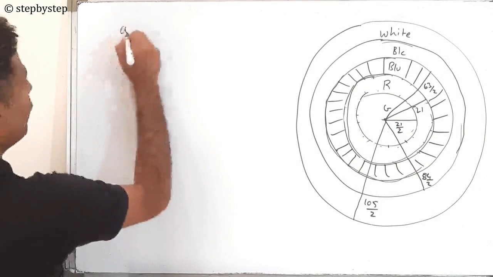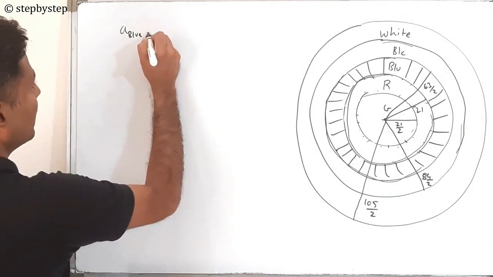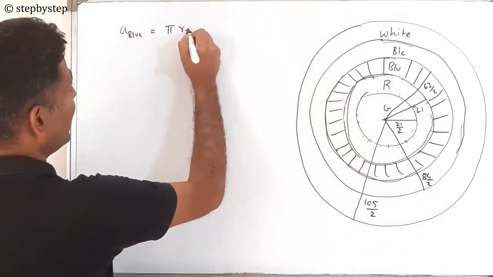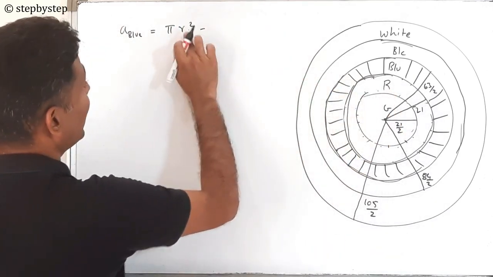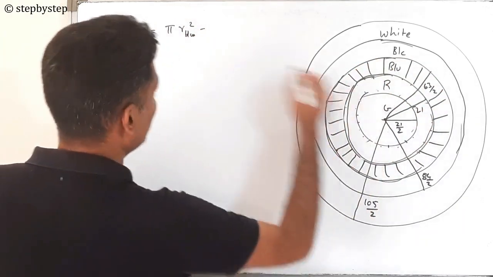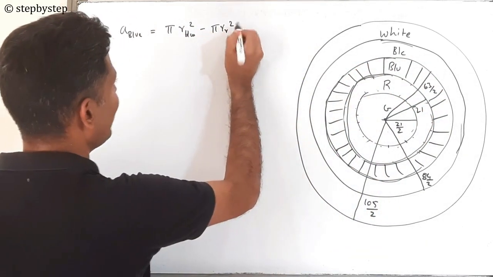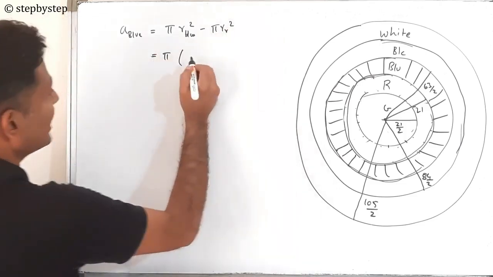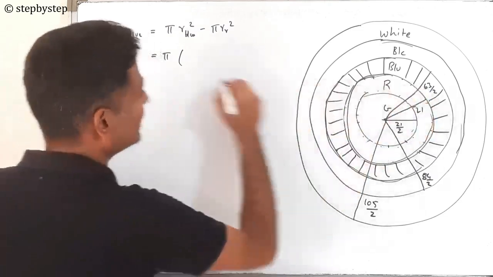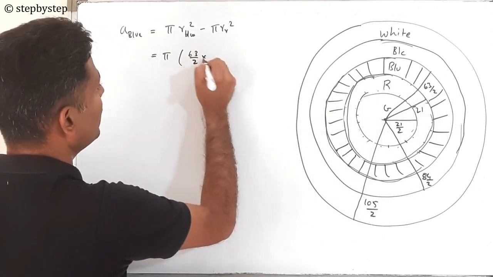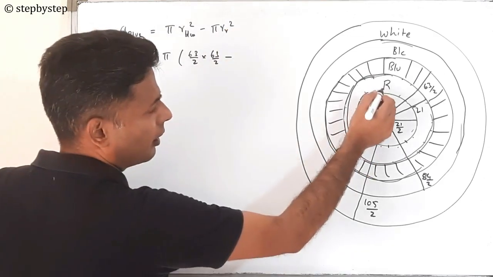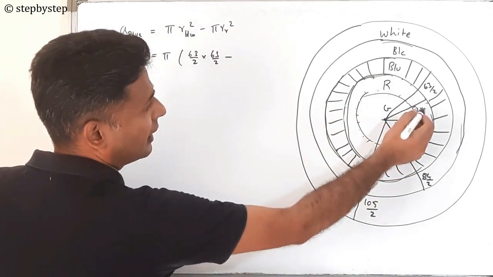So area of blue band equals pi r square of red minus pi r square of blue. Again I can take pi common. Inside, what do I get? r square of blue is 63 by 2, so 63 by 2 into 63 by 2, minus the radius of the red band, that is 21,